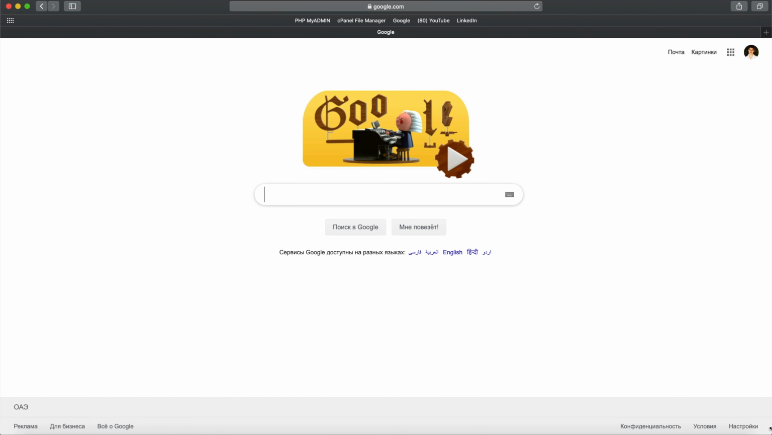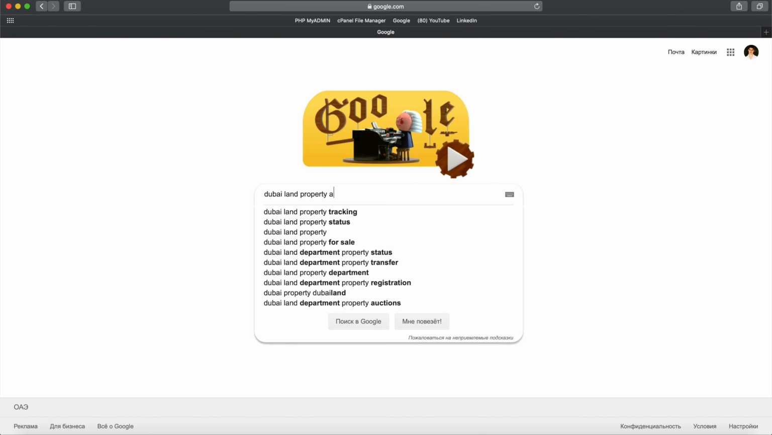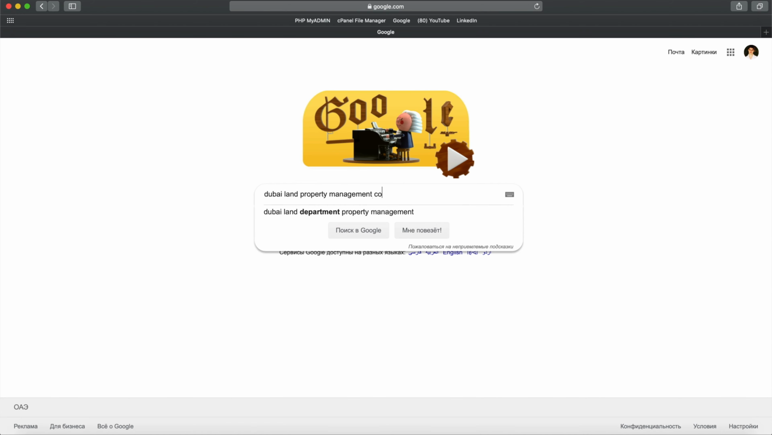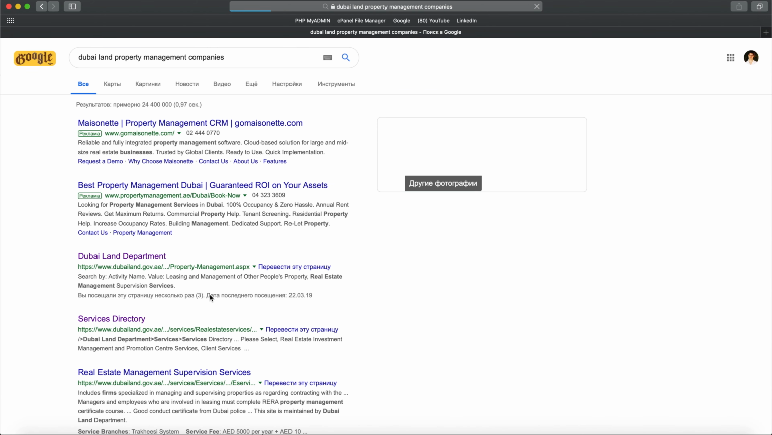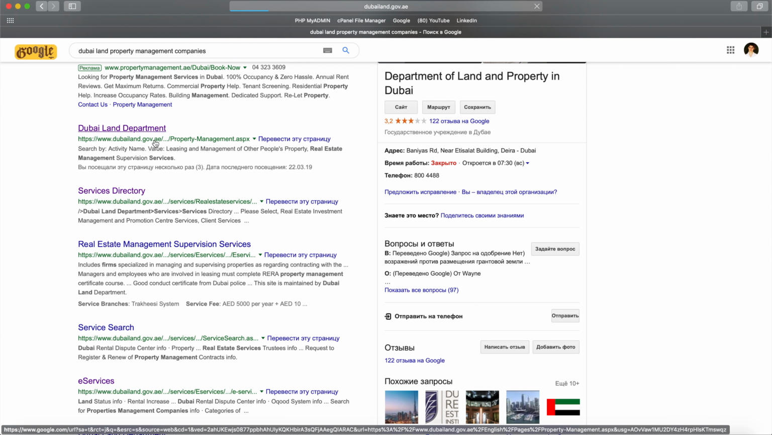Okay guys, now let's verify a property management company. Okay, so very simple way to do it, rather than going directly to the official web page of the Dubai Land Department, then trying to find it, we will go just simply to google.com and we will write Dubai Land and then property management companies, and we'll search for it. And here we see the link is the Dubai Land Department and then property management. I'm going to go to this official website of Dubai Land Department,